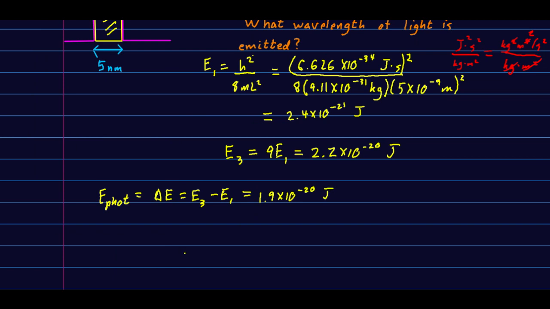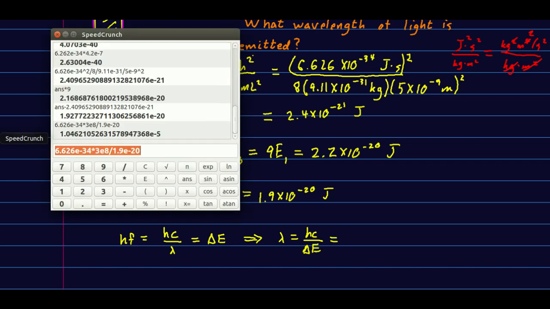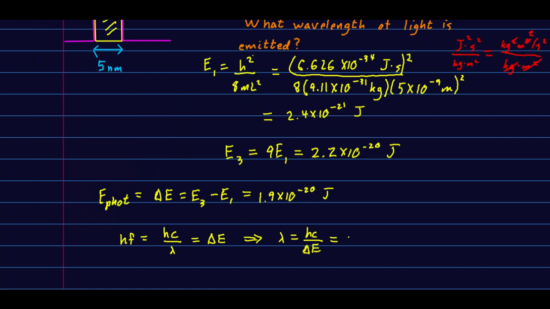And now we can solve for the wavelength, because that energy of the photon is hf, or hc over lambda is going to be more useful to us here. And we get 1.04 times 10 to the negative 5 meters,